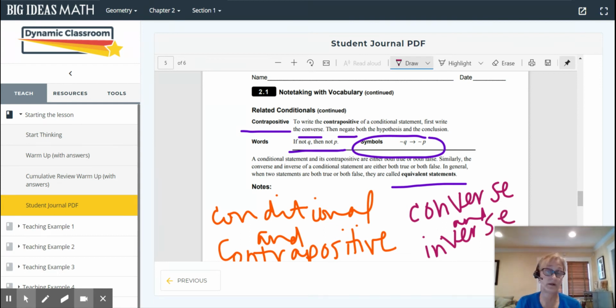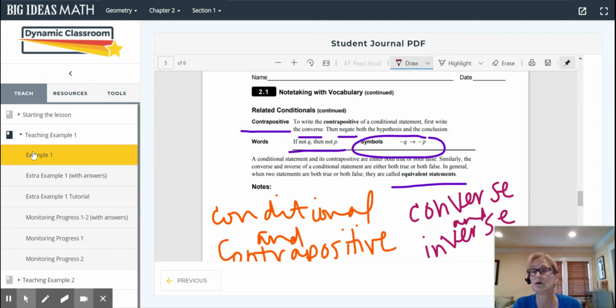Because what we're going to talk about is what is logical, okay? Equivalent statements. So now if you're following along in your book, what we're going to do is do a couple of examples, okay? And some of these have to do with definitions, like perpendicular lines and a biconditional statement, things like that. So I'm going to go through the teaching examples right here